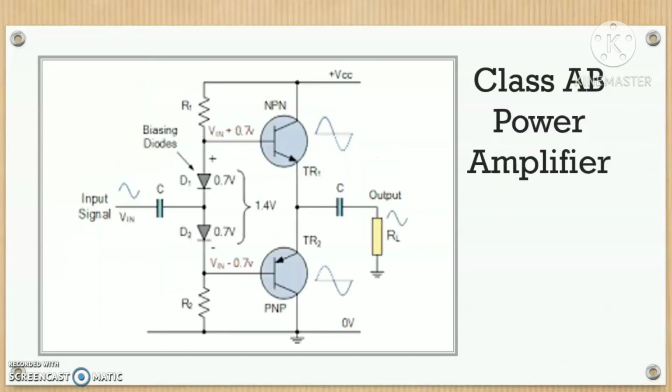To avoid this, see, the problem is that turning on the transistor needs 0.7 volt. So what we can do is use this class AB power amplifier. With the help of this divider network, we are giving this 0.7 volt with the help of this diode to turn on the transistor before applying the AC input. If the transistor is on when you give the input voltage, there will not be any possibility of crossover distortion.